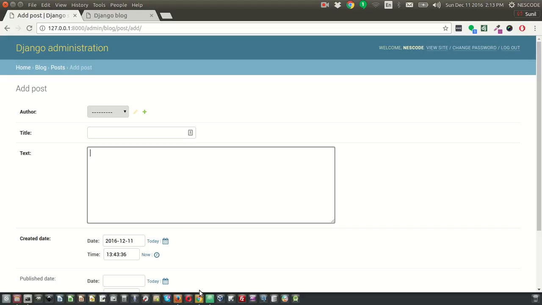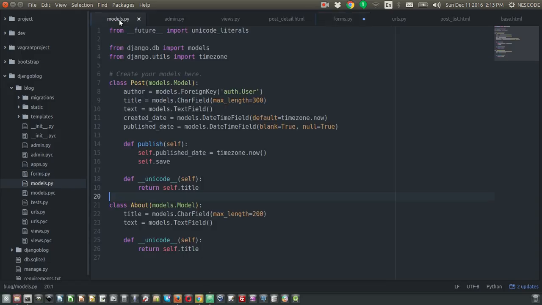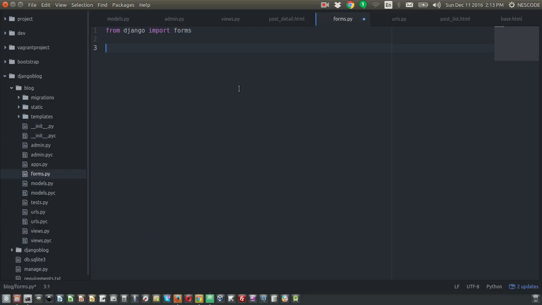How to import this form: if you remember, in our models.py we have created a form by defining a few fields, like title and text. So we are just going to import the Post class from our models.py. To do that you can say from .models import Post, and you can say class PostForm(forms.ModelForm),